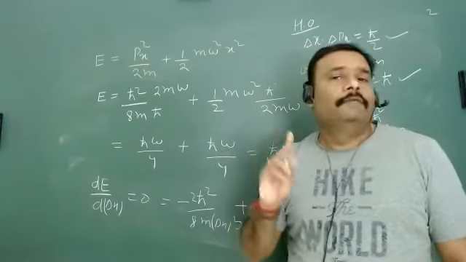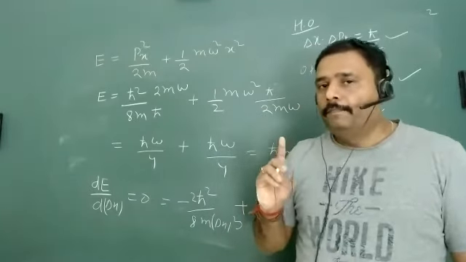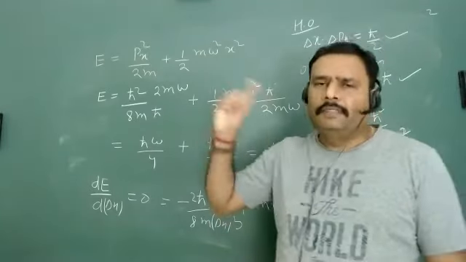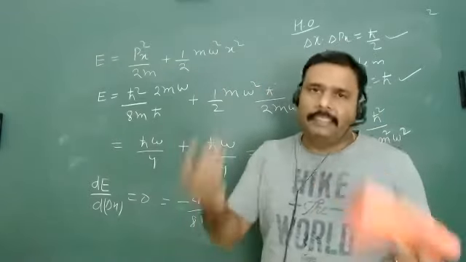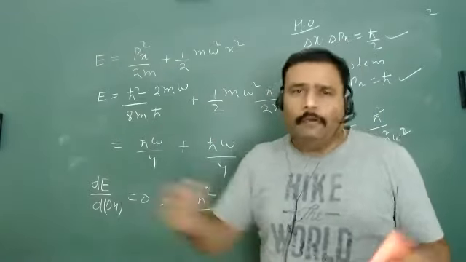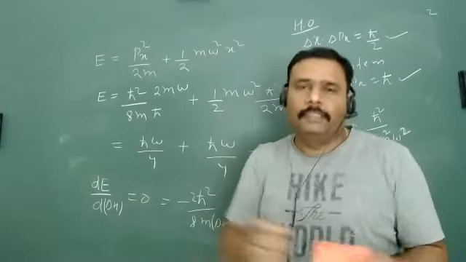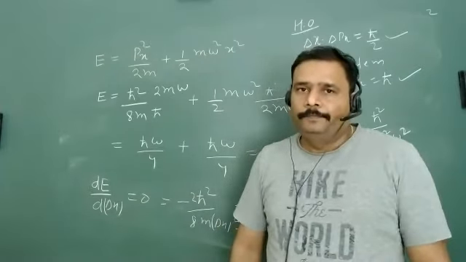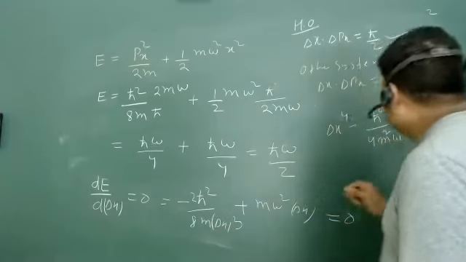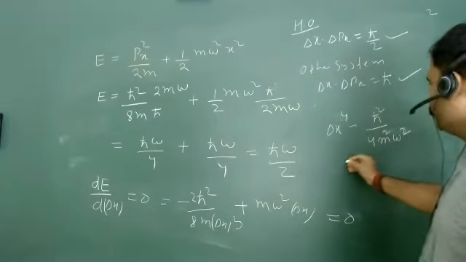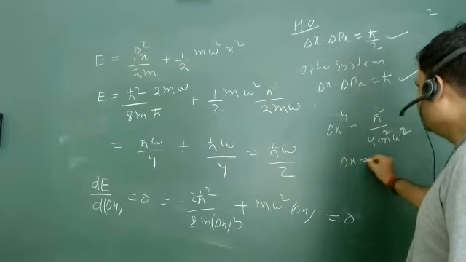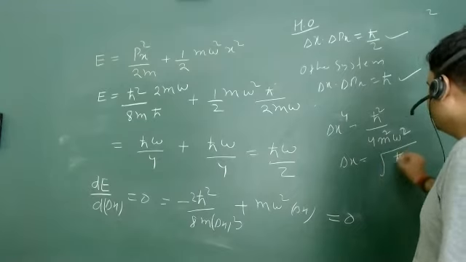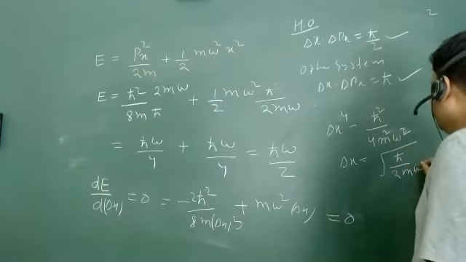The Bohr-Sommerfeld value gave you h cut omega, but that is not exact. That said a different thing. Obviously, that was the initial time when people were trying, but everyone is very close to each other. And now, can you say what this delta x will be? Look at this, delta x is very important. h cut upon 2m omega.